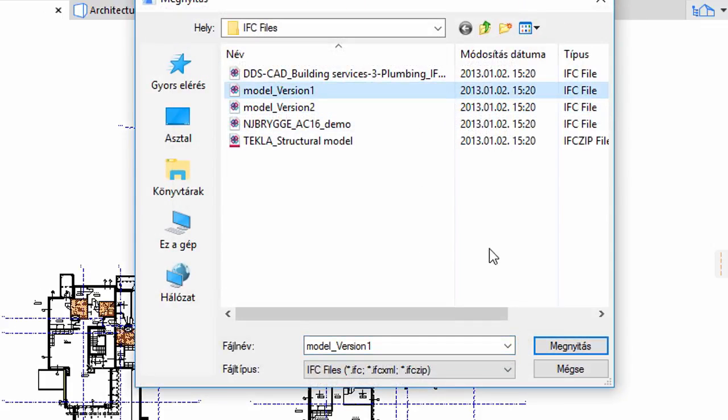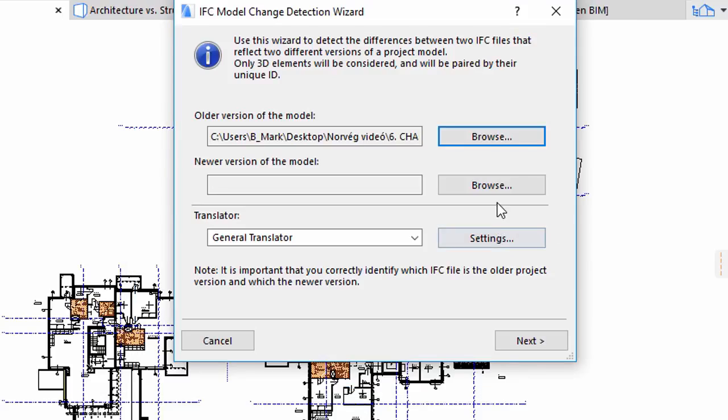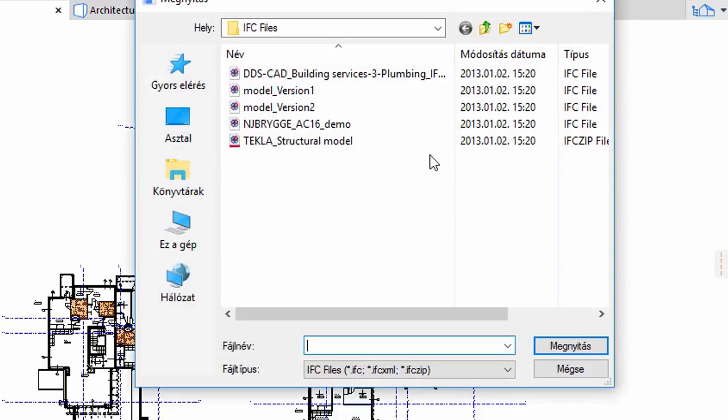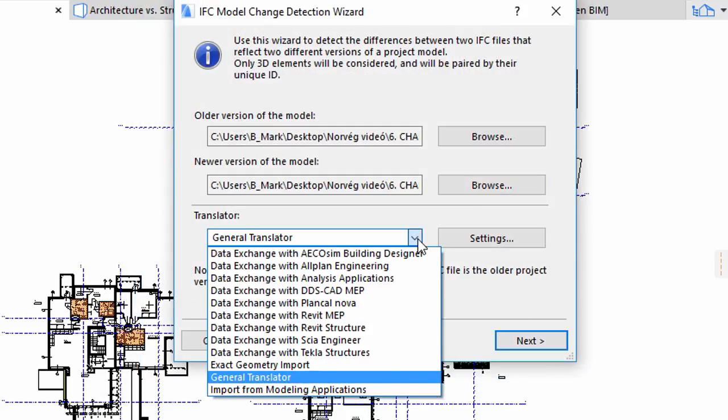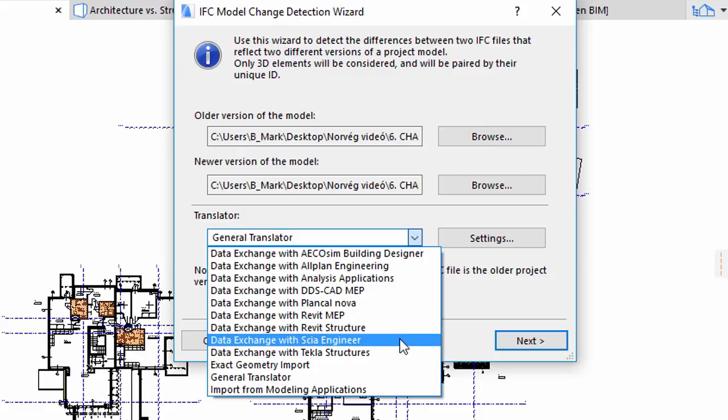It's important that the two IFC files being compared originate from a single application and a single project, because the comparison process is based upon the element's global ID numbers in the IFC model. If there are no identical IFC global IDs in the two versions, then all elements will be considered either new or deleted. Under Translator, select the option most suitable for the model,